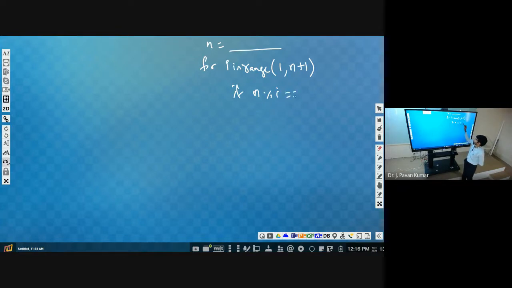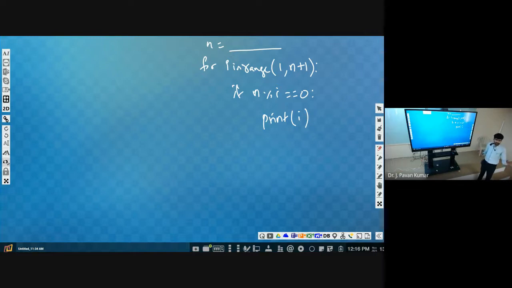If n is divisible by I, in the sense n mod I will be 0, then we have to print that I. So print I. Okay, that's it. This is for printing factors of a given number.